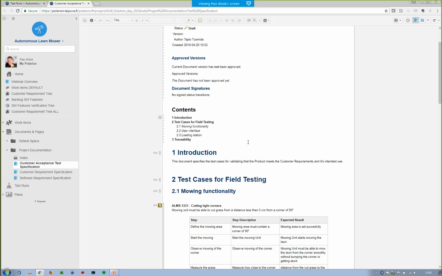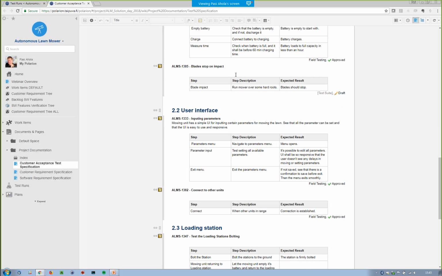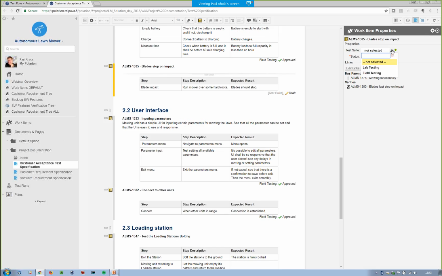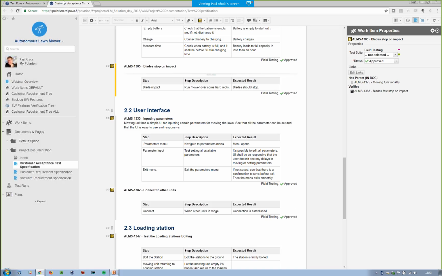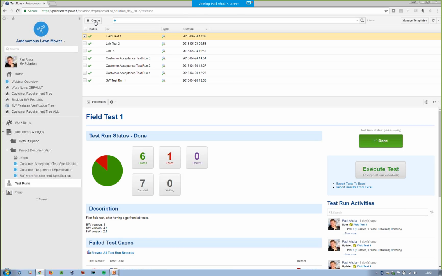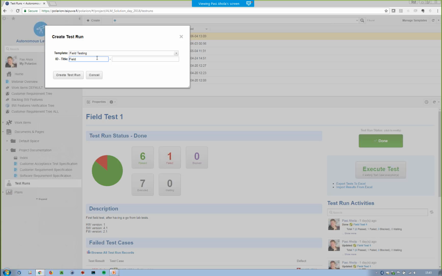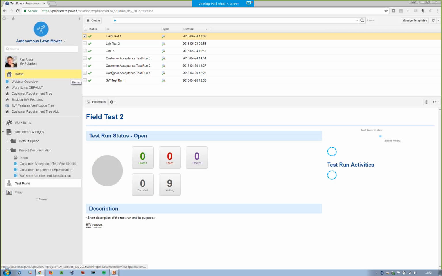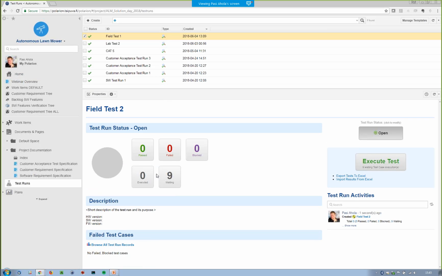We'll just select that this new test here is for field testing, and let's also say that it's approved. Yeah, like that. Yeah, now we have that. Let's create another field test. Let's call it field test 2 and create that. And now automatically Polarion picked up 9 test cases to be executed with this test run. To execute those tests, I'll just go here,